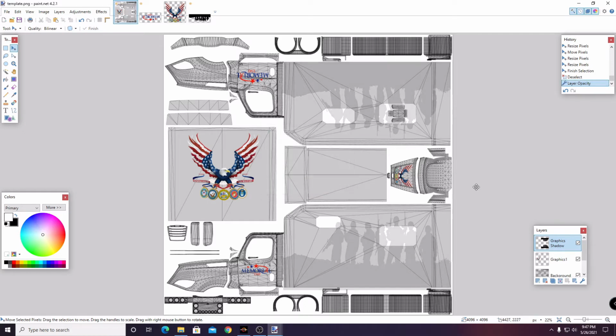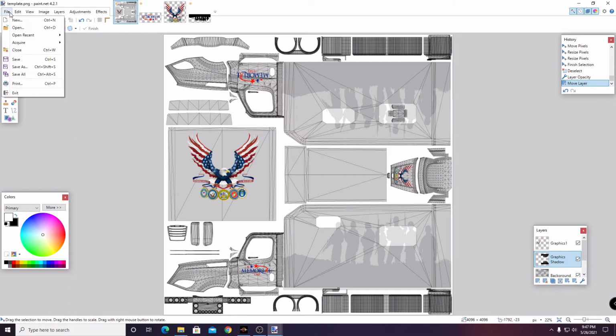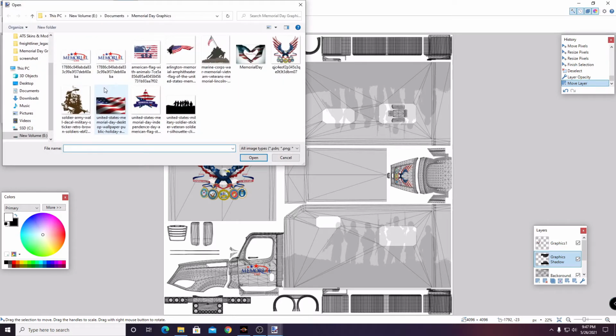That's what I want right there. Now I can move this down just so it's above the truck layer for now while we're working with it. That won't be a concern later because we are actually going to do away with that truck layer after a while. Anyway, so now we can go open,